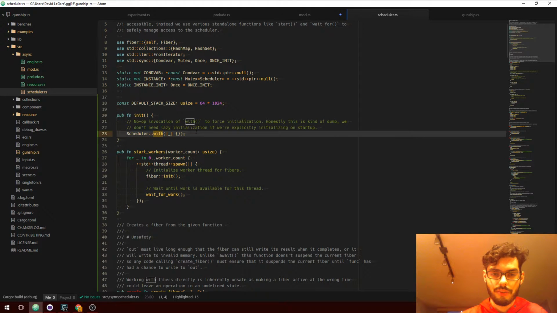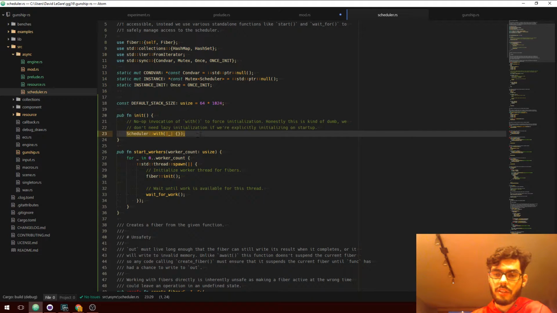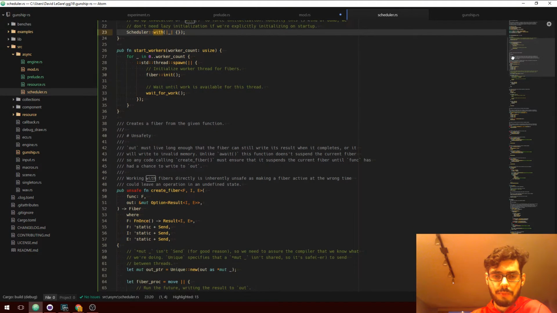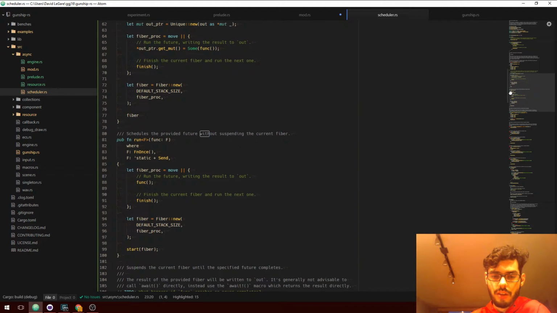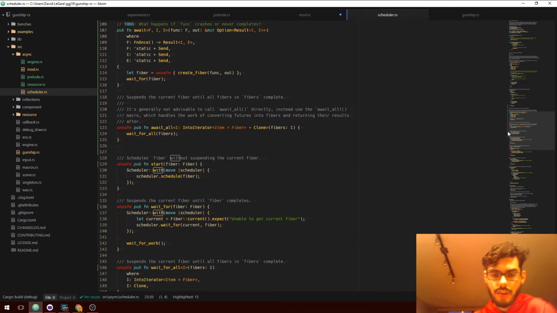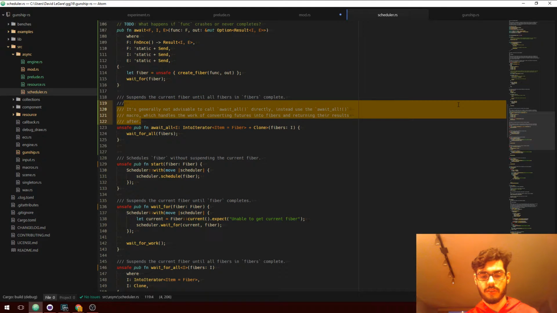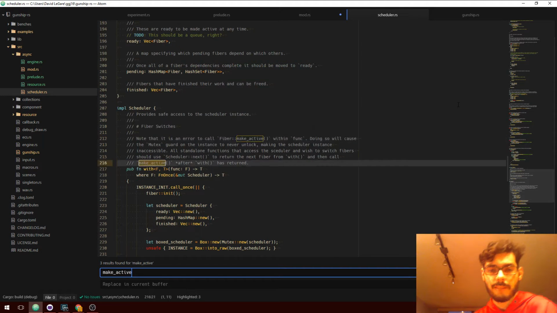Init is also redundant because with does everything, it just gets called whenever it needs to be called. Let's see, I think the reason why I have to have an init here is that initialization has to happen before we ever call fiber make active.